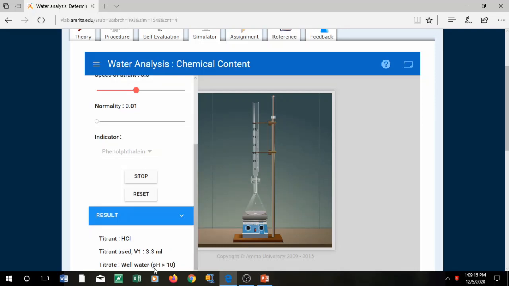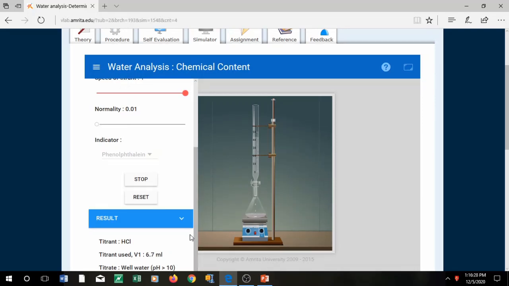So here the well water pH is greater than 10, because here you can see well water pH is greater than 10. So obviously much of the phenolphthalein will be consumed. You just have to observe here, as soon as it changes to colorless, yes, stop. So this is colorless. Now I'll add methyl orange to it, and then it becomes yellow. And now you continue the titration. So the first titration was with phenolphthalein, which was pink to colorless, and now it would be yellow to orange. So you just have to focus on the color change. As soon as you get a color change, you just have to click on the stop.